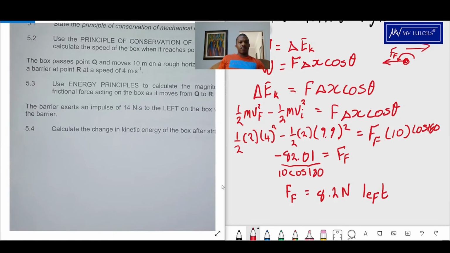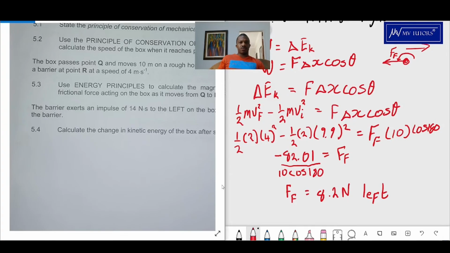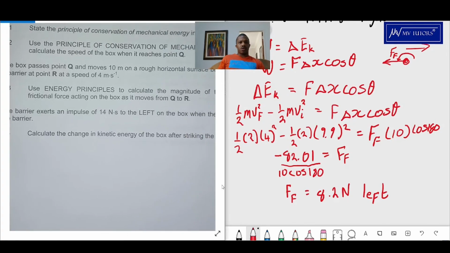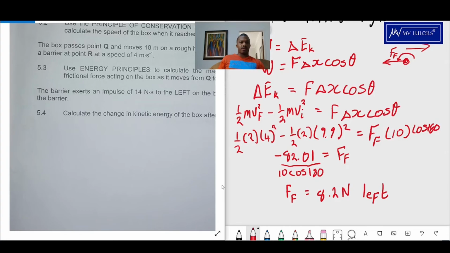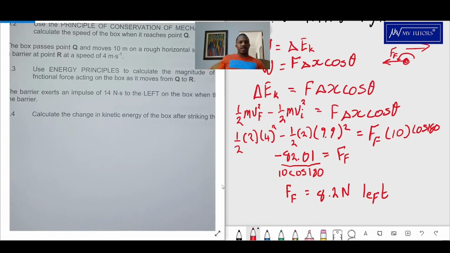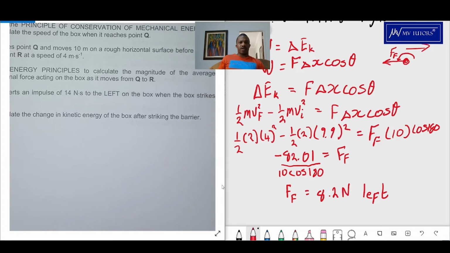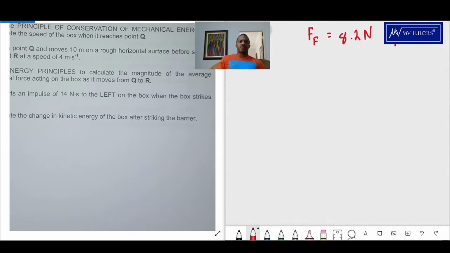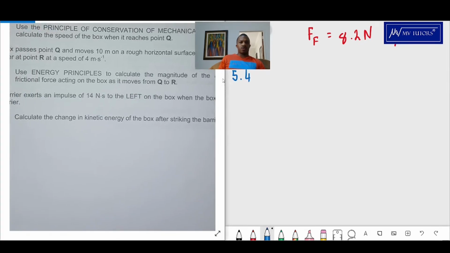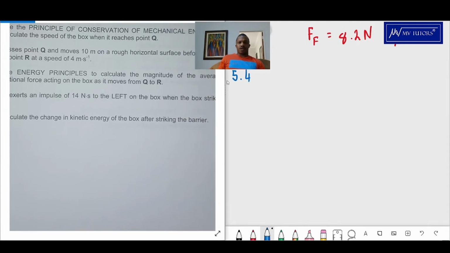Next question says the barrier exerts an impulse of 14 newtons per second to the left on the box when the box strikes the barrier. Calculate the change in kinetic energy of the box after striking the barrier. So they want kinetic energy, right? So what do we know about kinetic energy? This much we know. This is now 5.4. So kinetic energy, really, the change in kinetic energy,